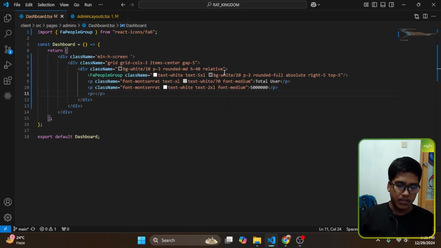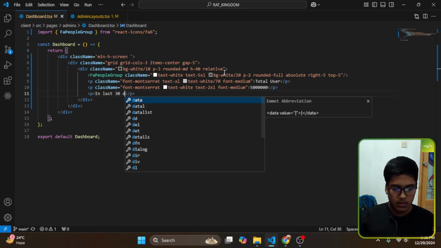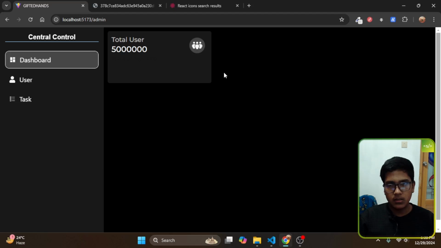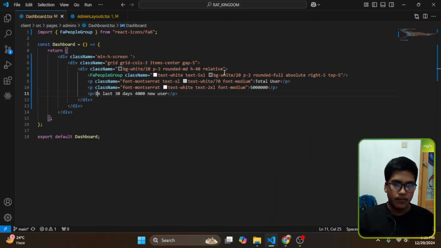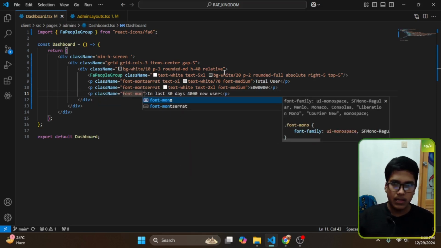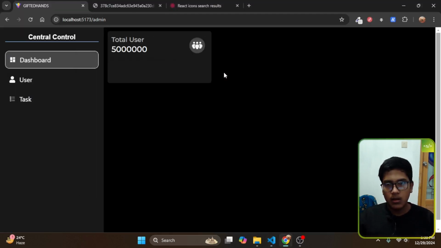Okay, p tag: in last 30 days, 4,000 new users. Great. Now we can add some font or style like font Montserrat, then text color is white,